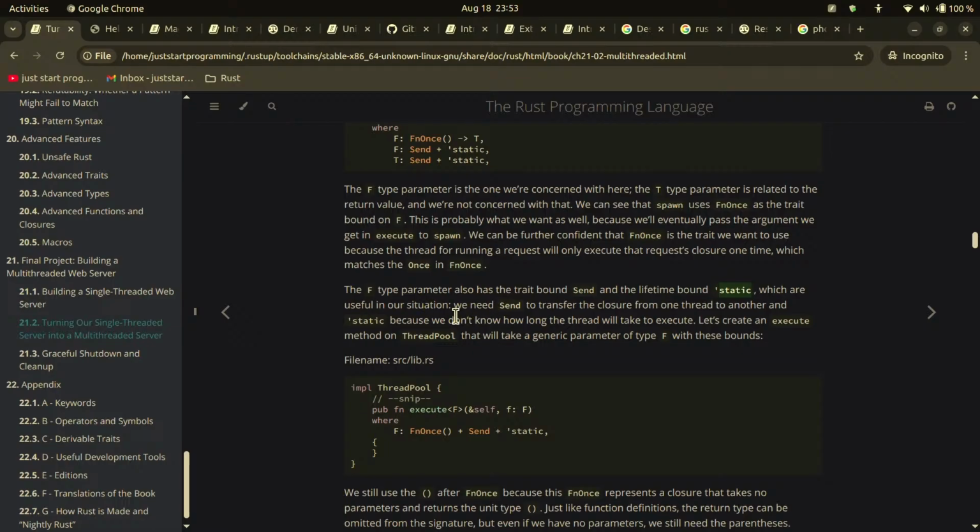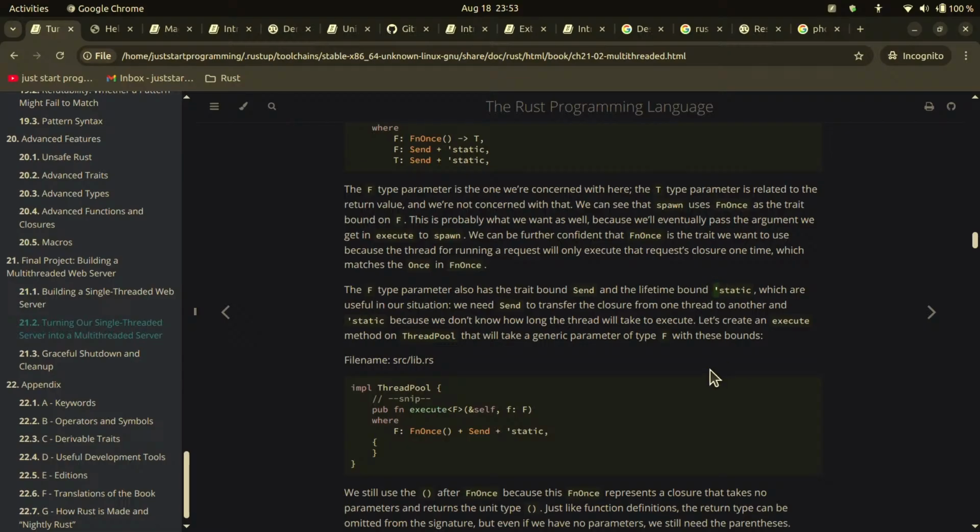We need Send to transfer the closure from one thread to another, and 'static because we don't know how long the thread will take to execute. Yeah, so the apostrophe is the lifetime